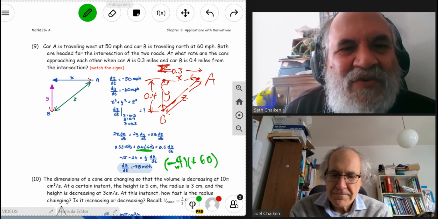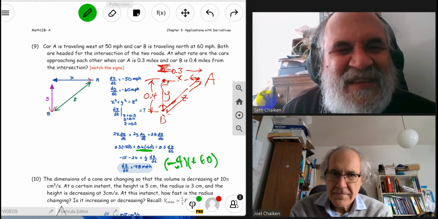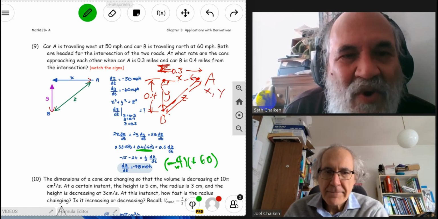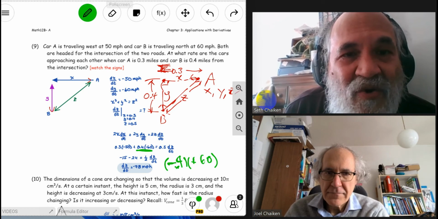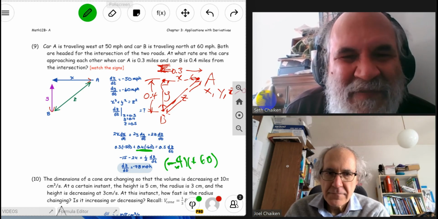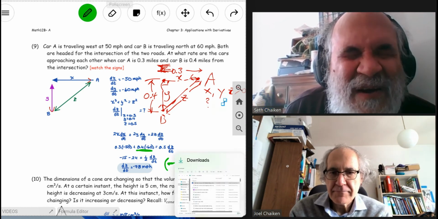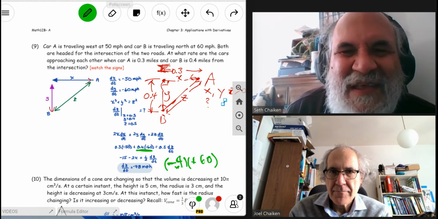So X, Y, and Z are all greater than 0, and we are interested in